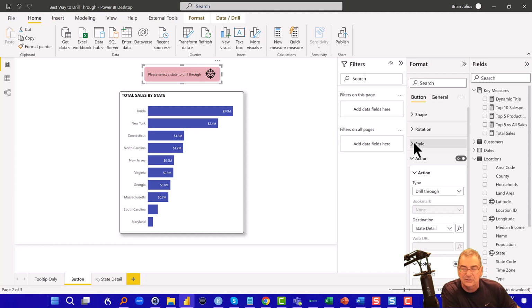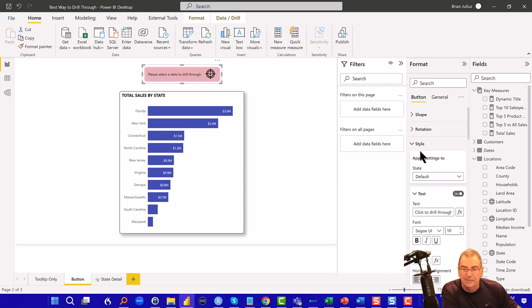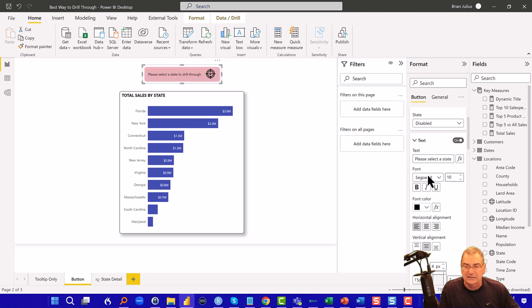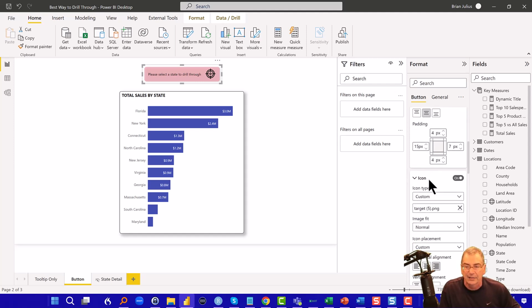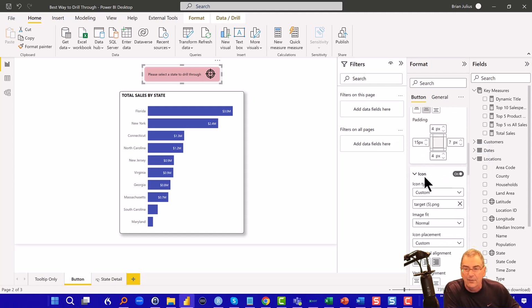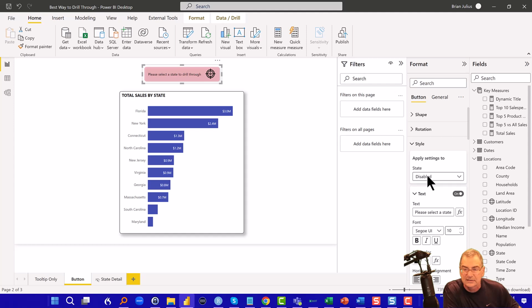And in this case, there are 3 styles. The first style you want to set is disabled. And so disabled is what the button looks like when there's no selection made and the drill through option is not available. So in this case, what we've got is it says please select a state. We've got the target icon, and then we've got the background fill color is red. And then what we want to do is set the